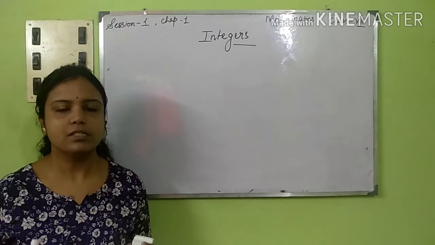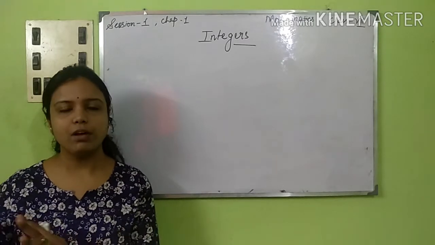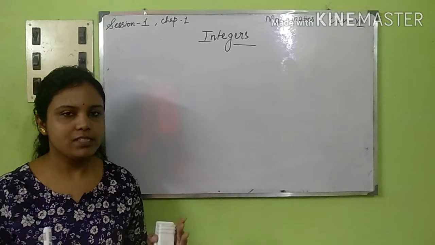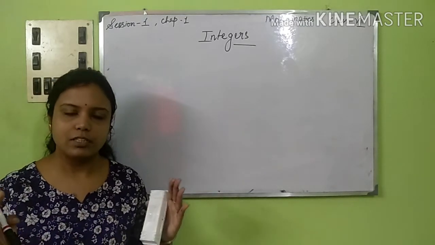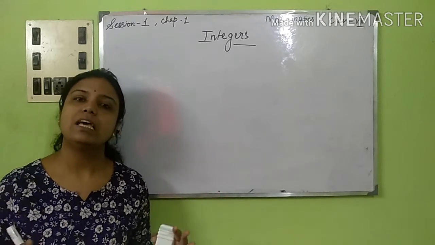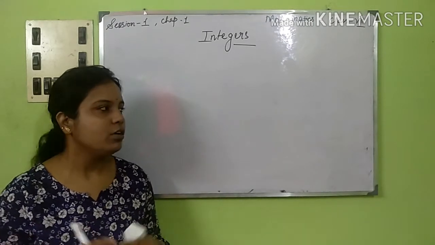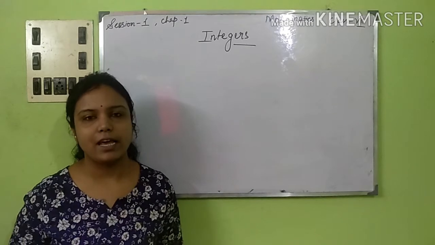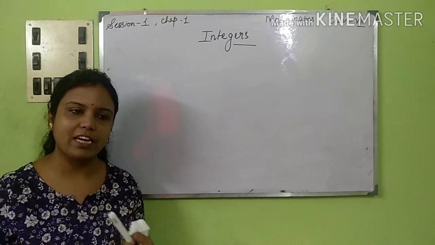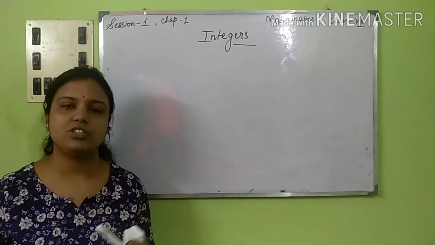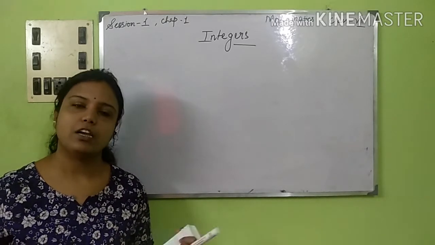Whole numbers, as you know, start from 0, 0, 1, 2 and so on till infinity. So when I said it is a combination of negative natural numbers and whole numbers, this total part is called the integers. Okay, now we will draw a number line to show you how negative integers and positive integers are divided in a number line.